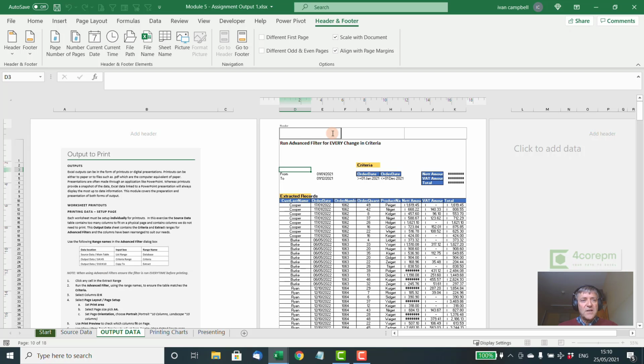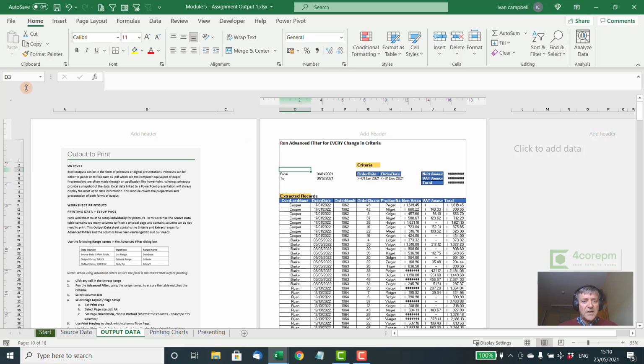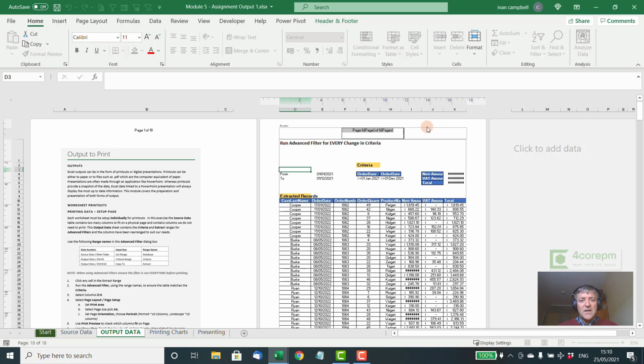The quickest way to do that would be to pop over to the header and footer group here and select this page 1 of Y. When I pop back here now, you can see that it's automatically put it in the center panel. We don't want that, so I'll just do Control X and I'll paste it over here, Control V. So that's cut it and pasted it from there. Next thing we'll do, we'll put in the sales report title, and we will go to home, and then we'll just make that bold and a bit bigger